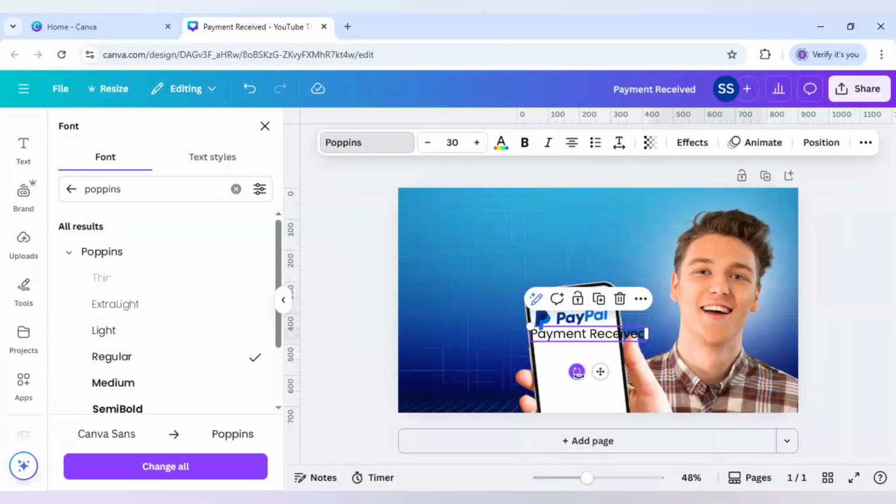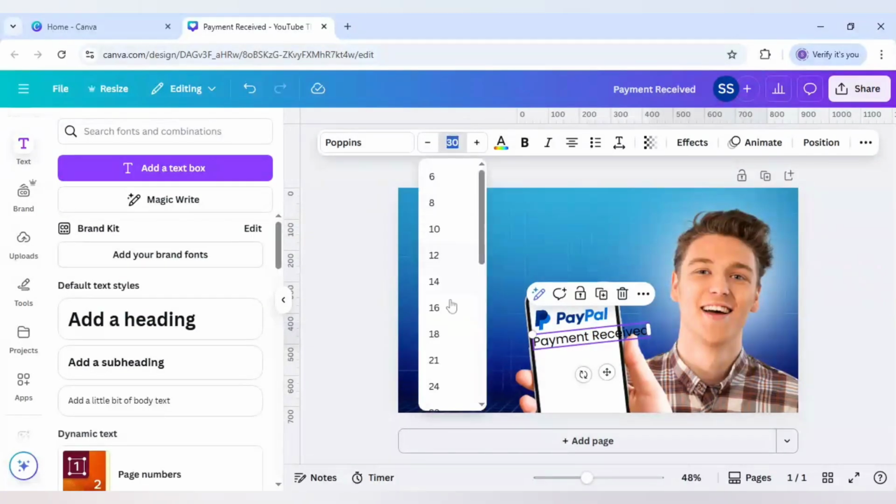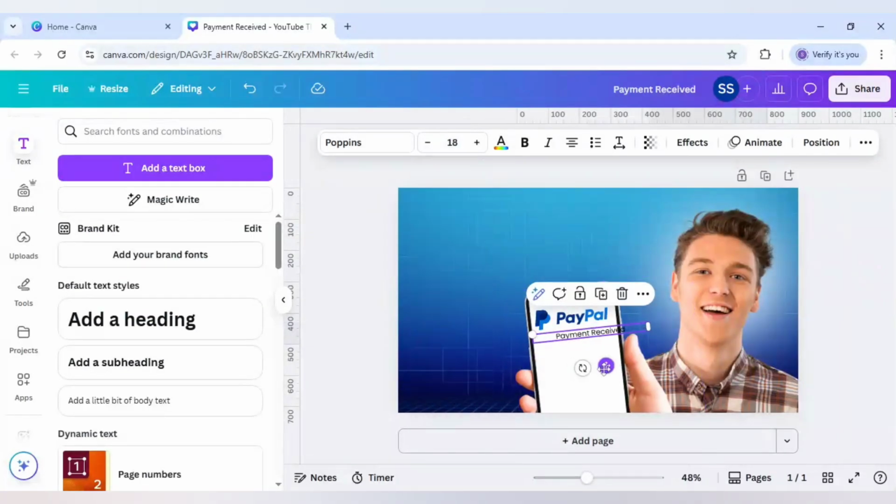Okay, and now rotate it to -6 degrees, and after that decrease the size to 18 and check if it is working fine or not. So it is working fine. Okay, and just bring it right here,